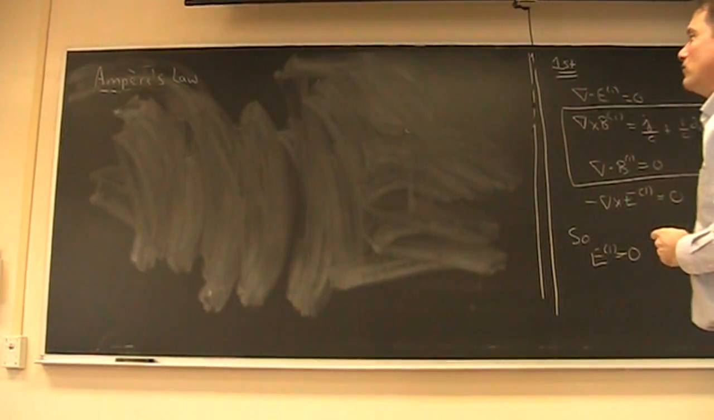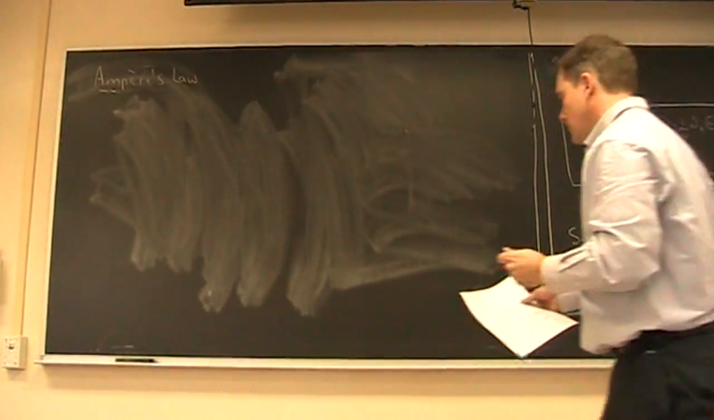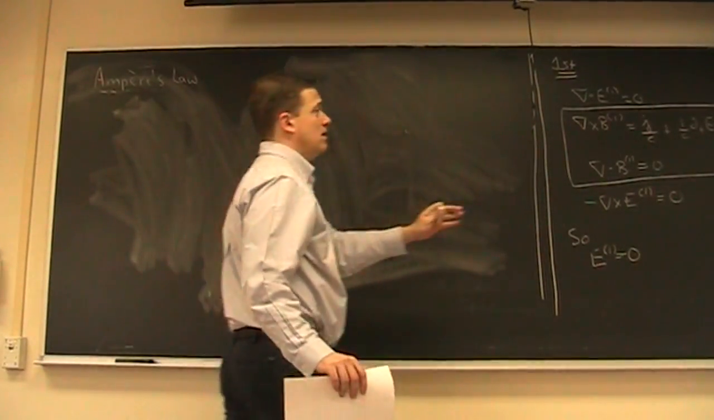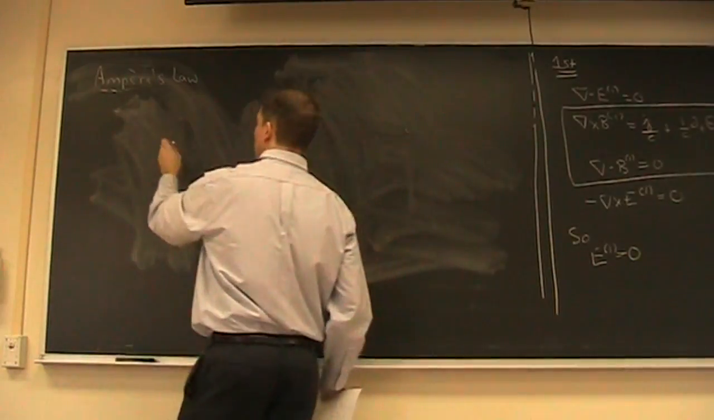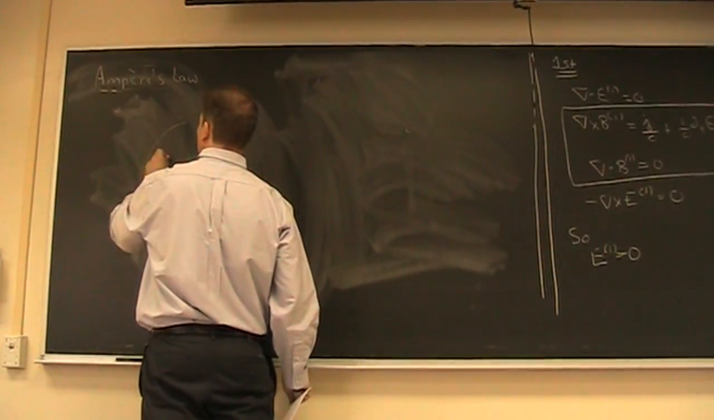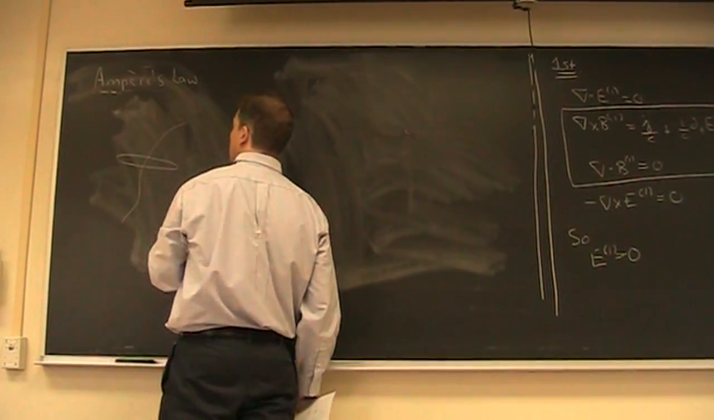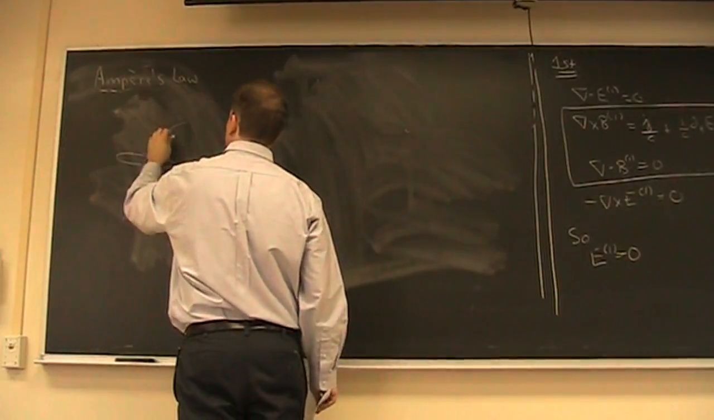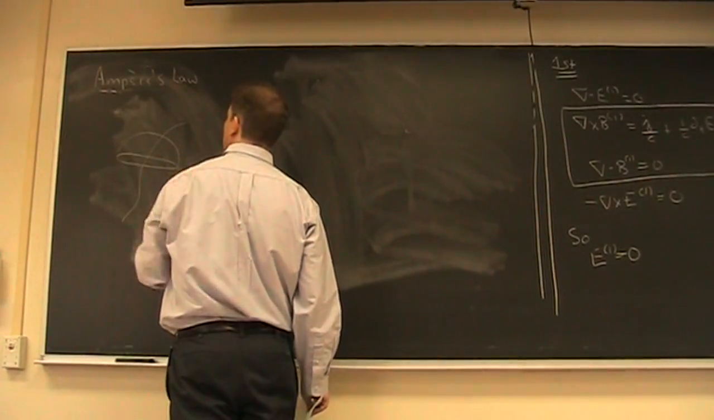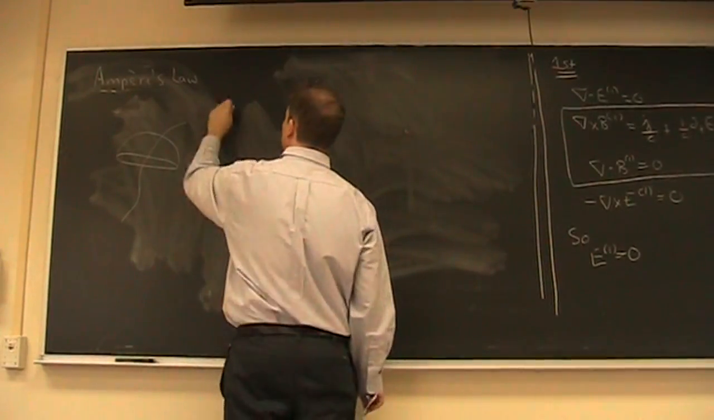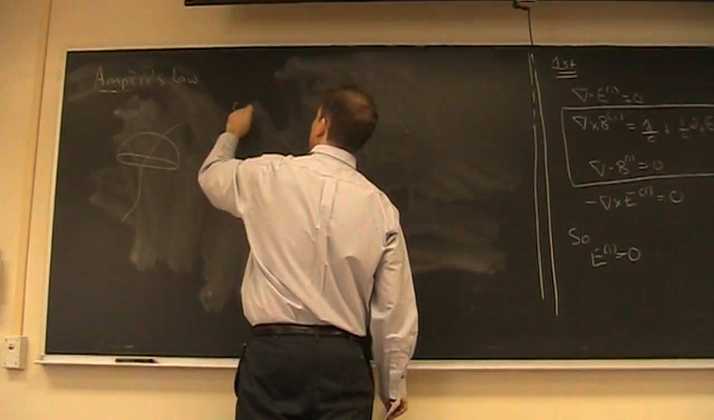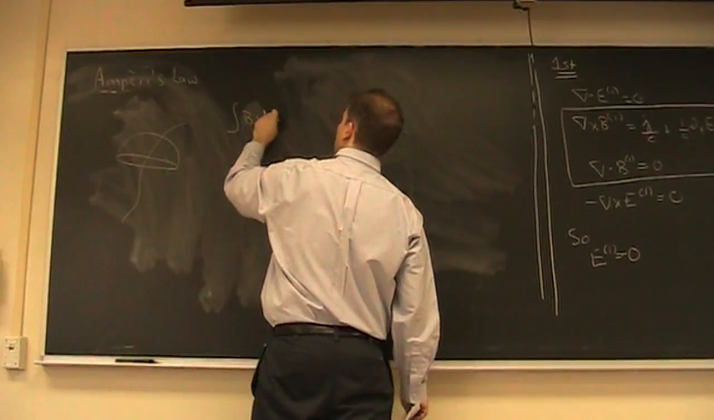Okay. And then what do we get here? So Ampere's law. We draw a loop, any loop. There are some currents. And you draw any surface. It doesn't matter which one, as long as it's bounded by the loop, and you get the integral of B dot dl